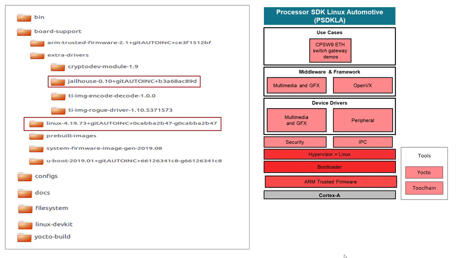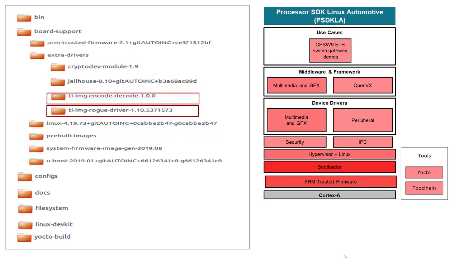We then get into the next layer, the operating system, or Linux in this case. Linux support in the SDK is based on the community supported LTS or long-term stable kernel releases. With this working model, SDK releases will undergo migration to the latest LTS kernel every year. Source code for Linux can be found under a separate folder which includes the kernel and drivers for most of the peripherals supported on Jacinto 7. Some of the peripherals include drivers that are hosted outside the kernel tree. The graphics module and video encode decode modules are specific examples that are supported through out of the kernel tree drivers.